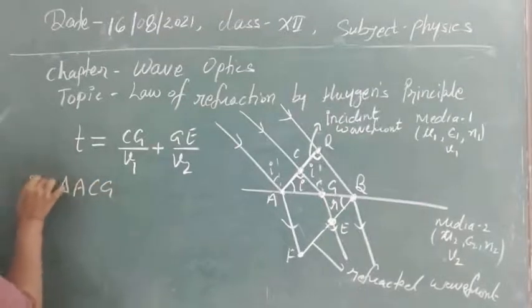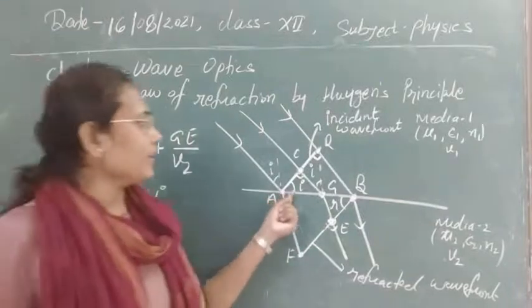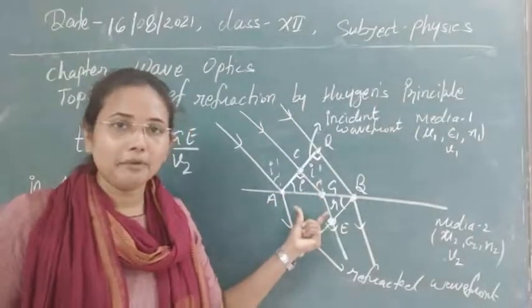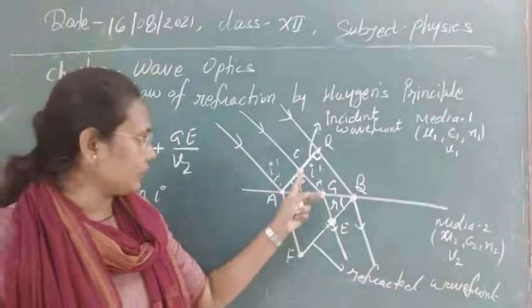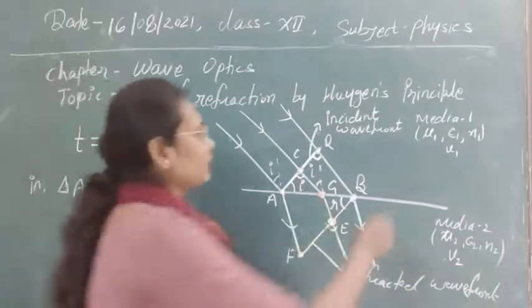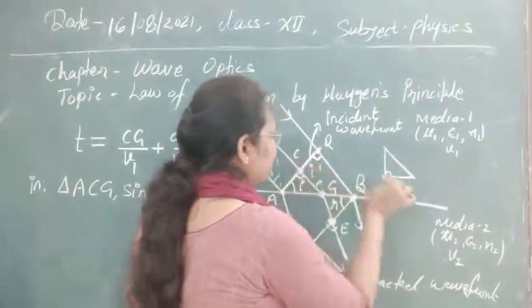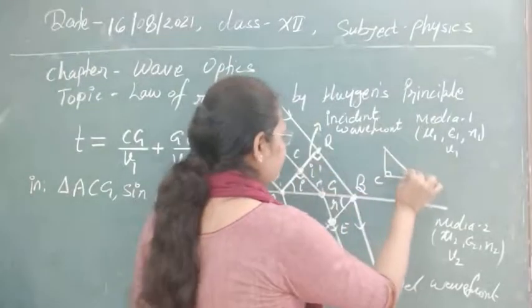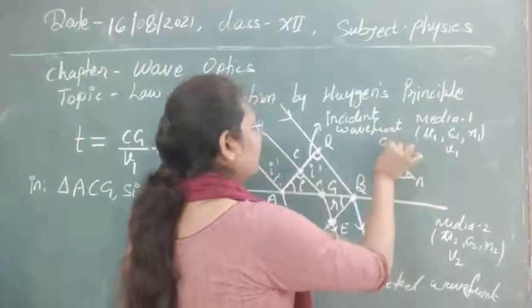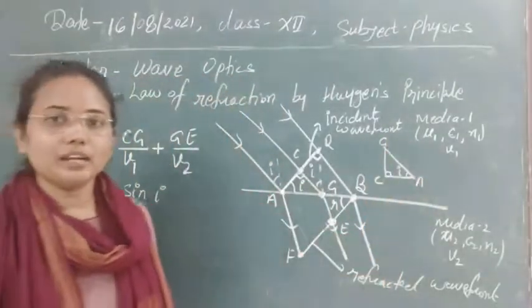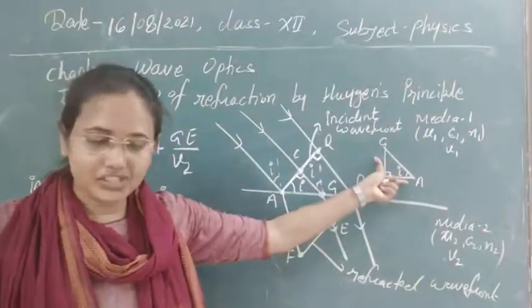ACZ, in this triangle we can write sine of i, which will be equal to perpendicular upon hypotenuse. So in this case, what is the perpendicular? This side is the perpendicular. You can understand it very well if you make your figure again in this way. If this is our angle, this is C, and this is our i, then this i is attached to A. You can write A here, and Z here. Whenever you are confused, you can make your diagrams in this simple way so that you can understand easily.